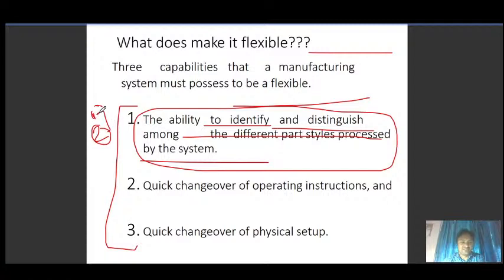With the help of our flexible system, we are able to produce part 2 also. That's why the ability to distinguish, identify and display different part styles processed by the system.